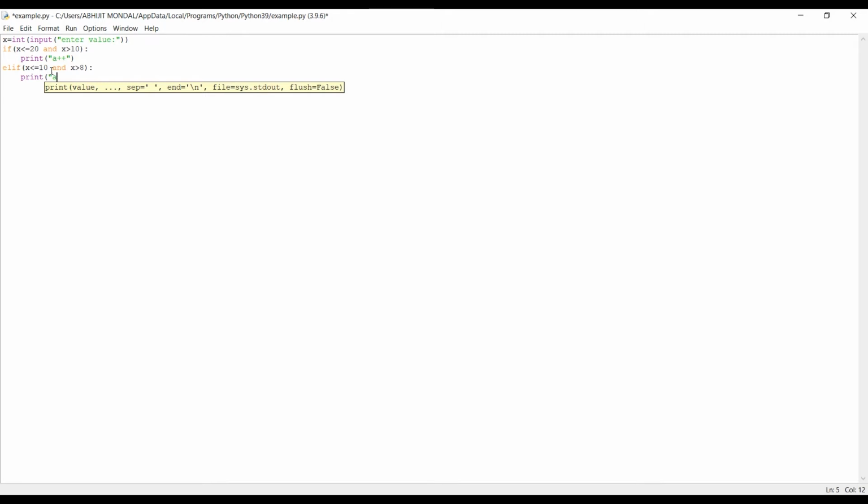A plus. And what the next condition was, if the number was greater than 8, then it will be B. So what we will do is simply greater than or equal to 8 and x is less than 10.